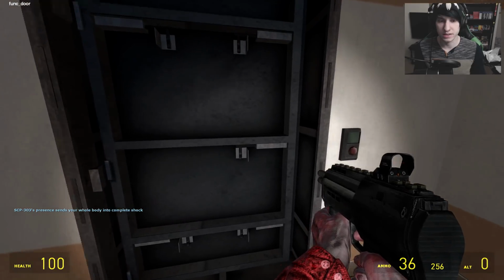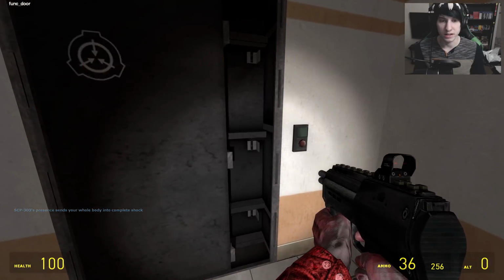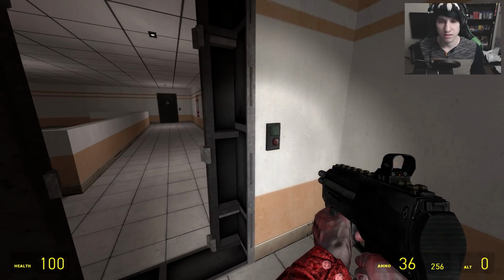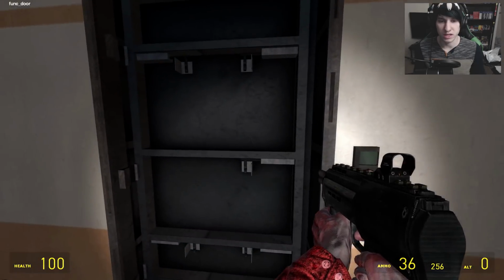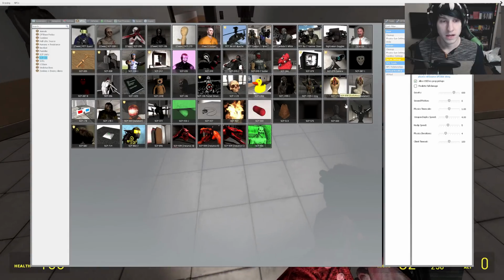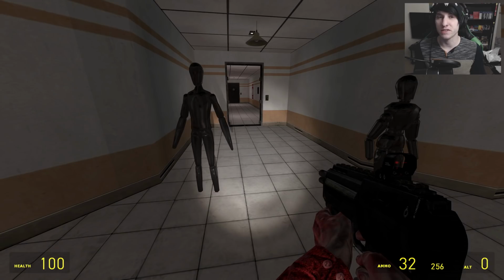Look at this. Even when he's deleted, the door's like... Okay, well now they're normal, but like they do this. It's just eerie. And then next up, guys, we have SCP-650, which was originally in the Unity pack, but now